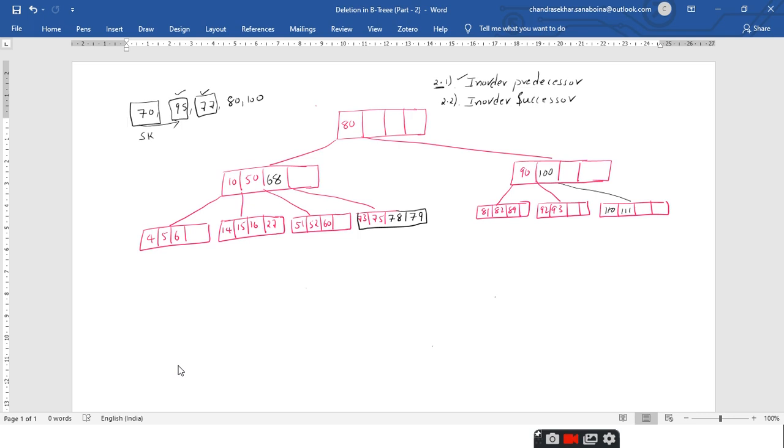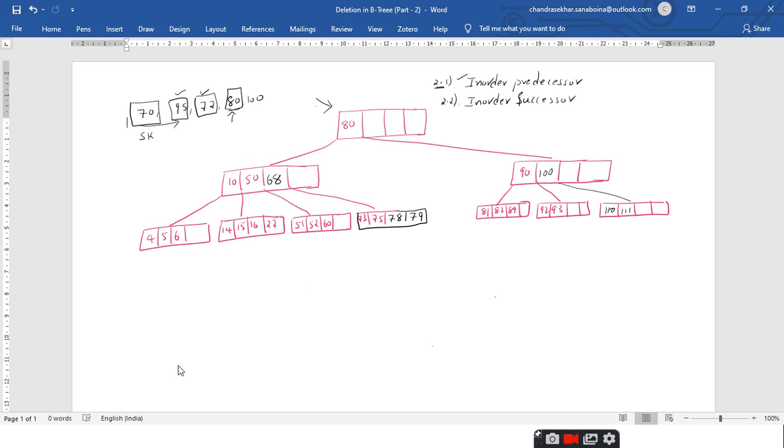Yes, sir. Right. So the next case which we are going to discuss is how to remove 80. Right. So you have to perform the search operation. So 80 compared with the first key of the root node. Here we have a match. So 80 is present as the element in the internal node. Is the root node internal node or not? Internal node only, sir.